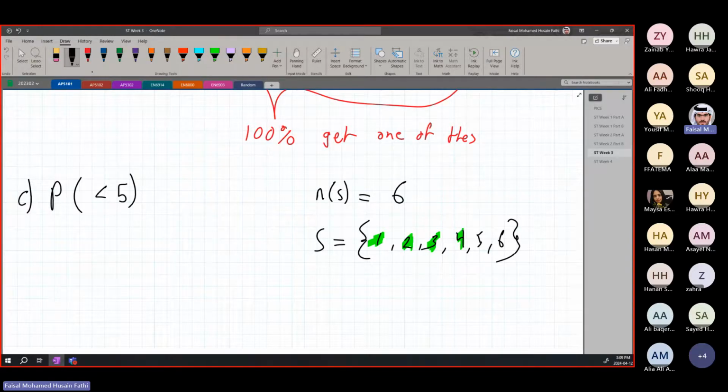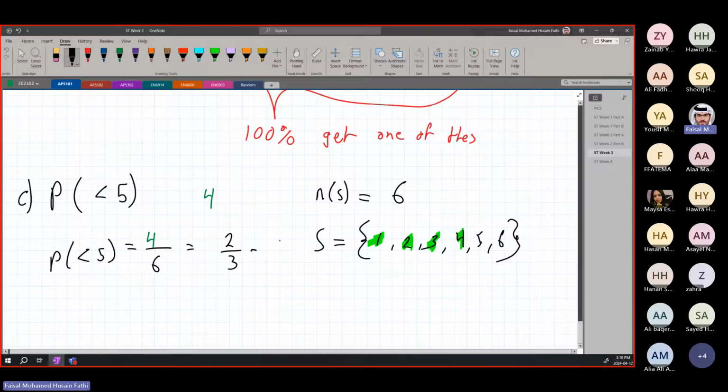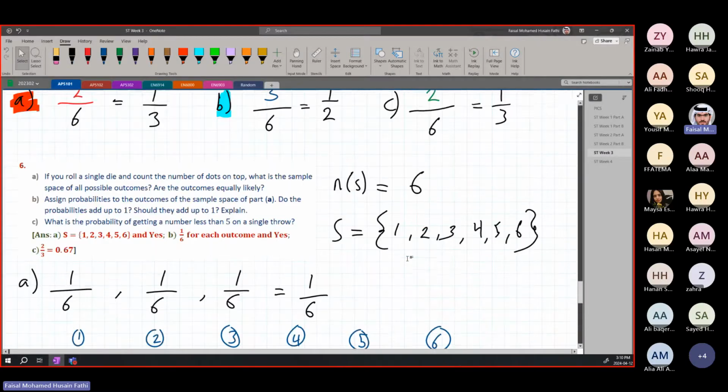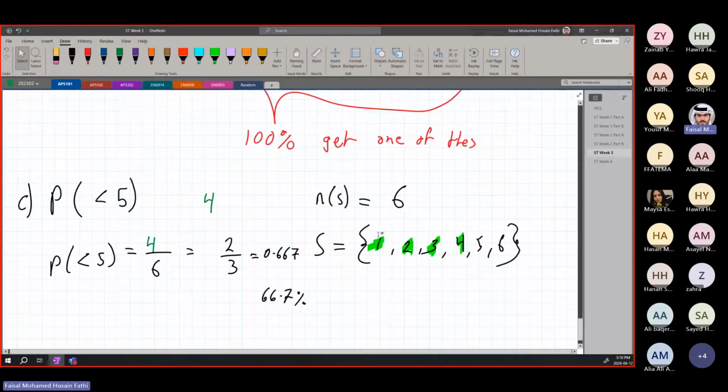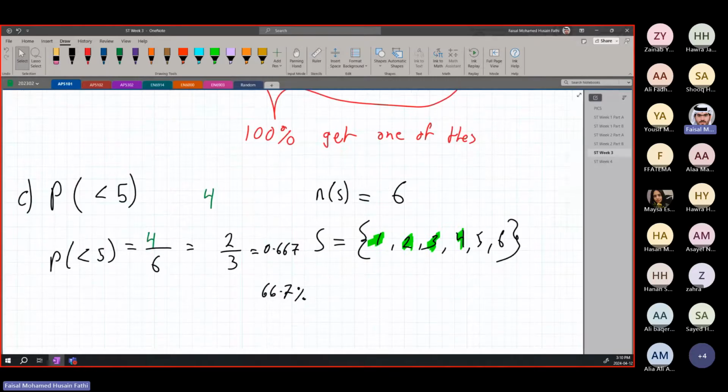So this is our n. Our outcomes. We have 4 different types of outcomes. So the probability of less than 5 is going to be equal to 4 divided by a total of 6, which is 2 over 3. All right, which is 0.667 or 66.7%. All right. This is the whole point of probability. Okay? Anyone has any questions before I go to,